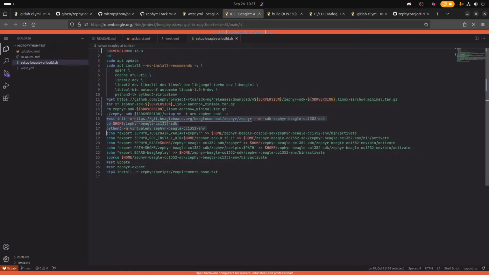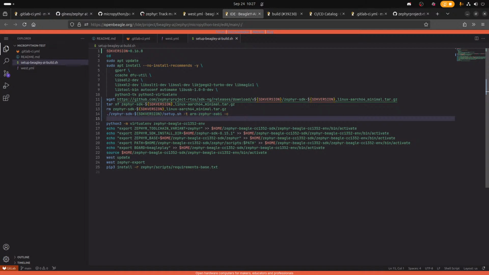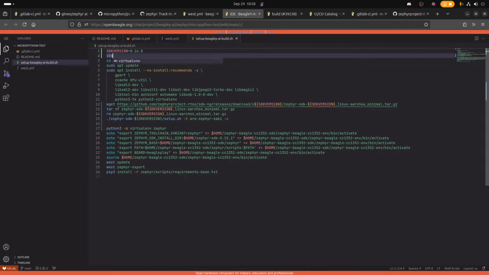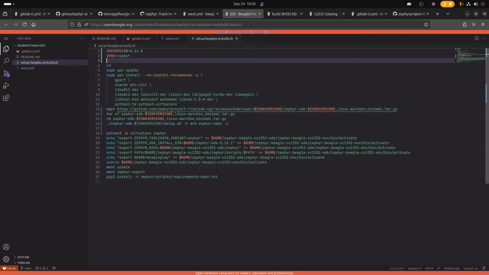I can leave the rest of this. I think it's really nice to have the virtual environment set up.